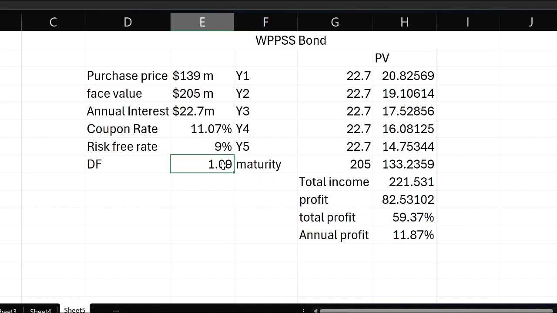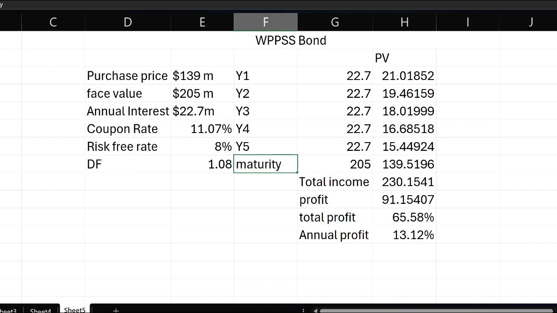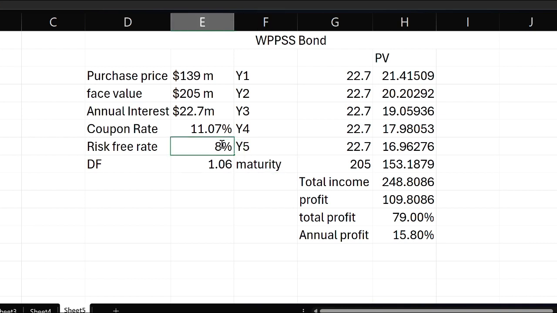What if we just tweaked it, instead of 9 percentage, we made it 8 percentage? Let us see how this entire thing will change. See, with just 1 percentage reduction, the annual profit has increased to 13.12, and in any case, the risk-free rates kept on lowering in the market. If I put it as say 6 percentage instead of the 9 percentage initially taken, there you will land up with an annual profit of 15.80. And the reverse is also true.